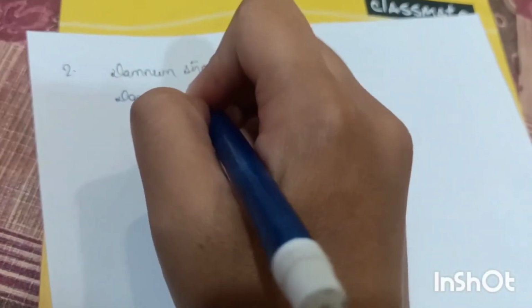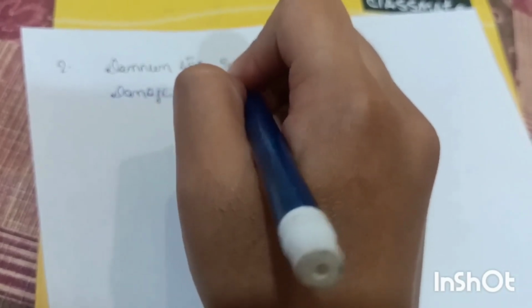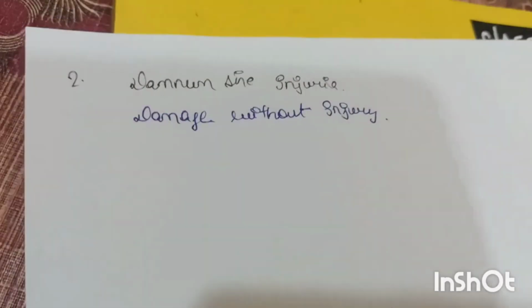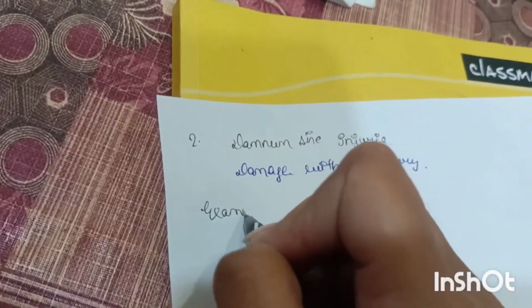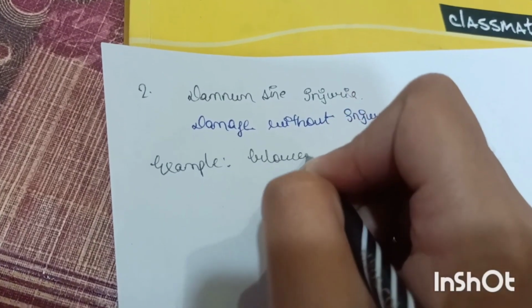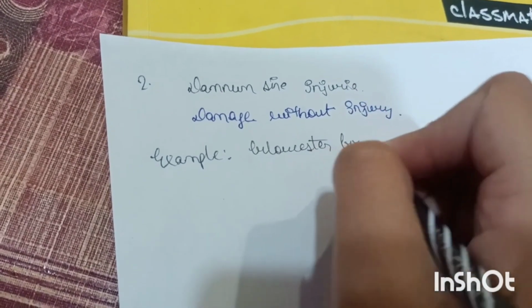So the second maxim is damnum sine injuria. Okay. So this maxim means damage without injury. So now let's understand this maxim through an example. Let's take the case of Gloucester Grammar